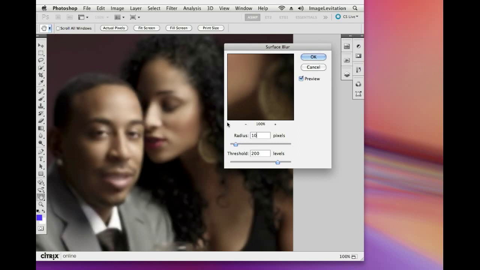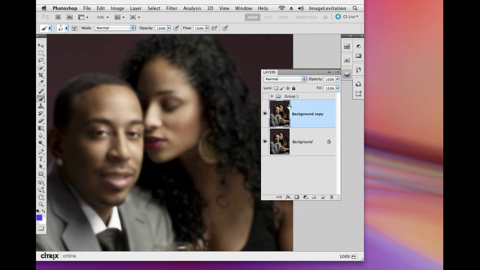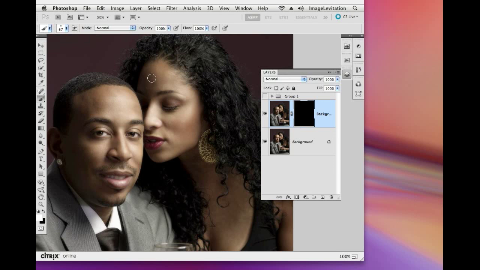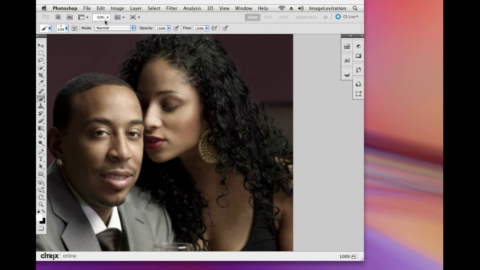I want to set this to 10 and 100. And once again, we'll create a mask over the layer, holding down the Option or Alt key. This will create a black mask. So the technique here is simply to take the brush tool with a nice soft edge and paint back over just the skin tone. And you can see how quick and easy it is to get this beautiful skin tone